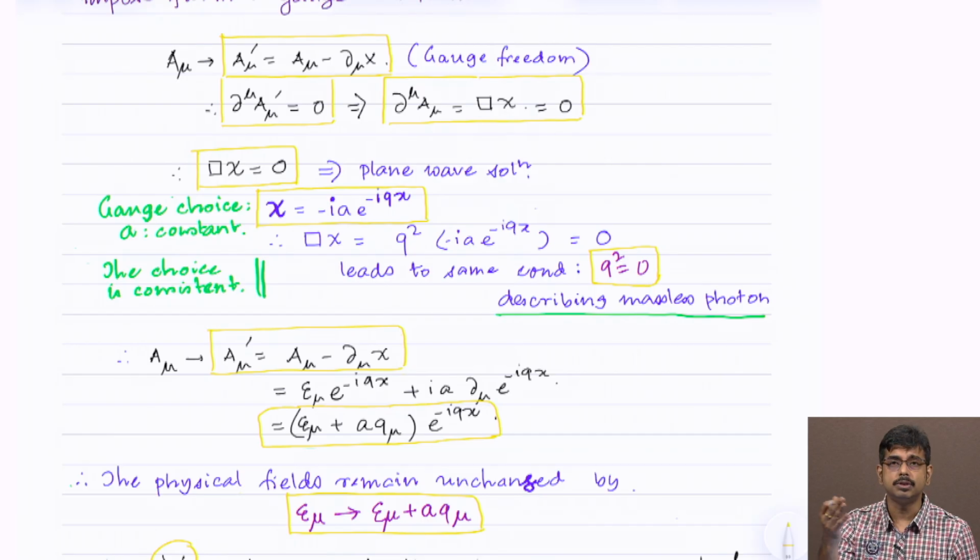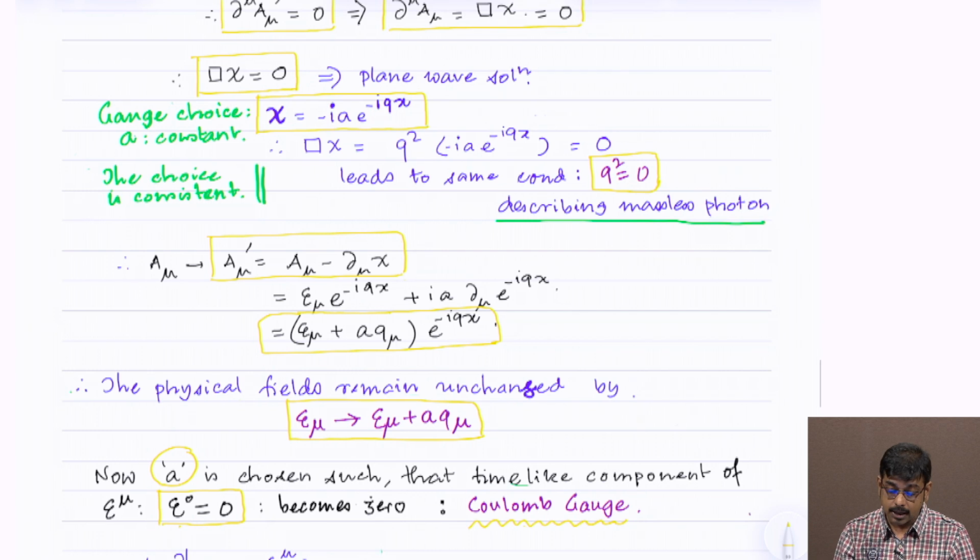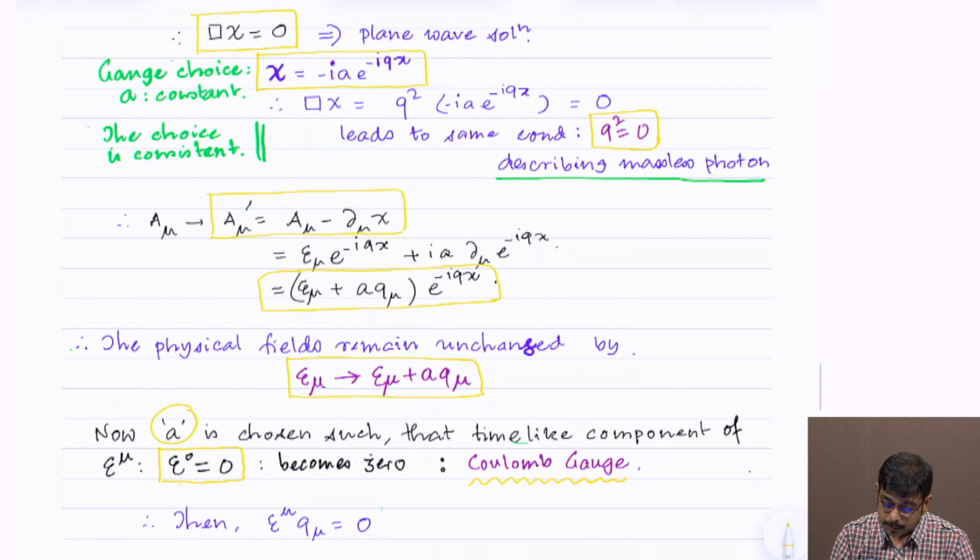Chi also satisfies the equation box of chi equal to 0, and I can choose the form of chi as minus I a e to the power minus I q x, and then you see that a mu prime can be written in terms of epsilon mu plus a q mu. And then if my Lagrangian, my electric field, magnetic field, everything